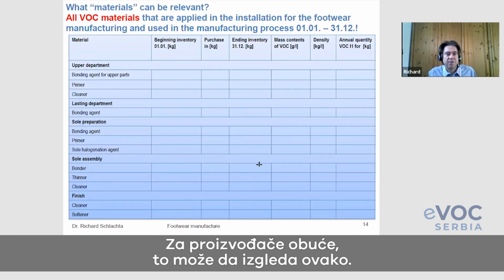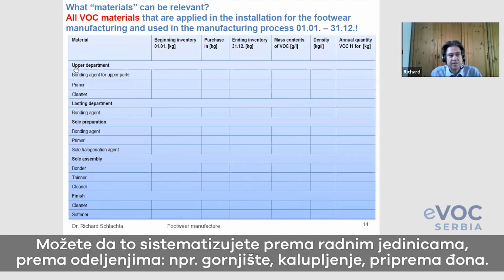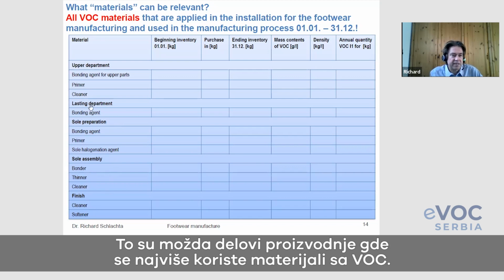So for the footwear manufacturers, how can this look? For example, you can make it more systematic. You do it by the different departments, because those are the working units in a shoe factory. So you have the upper department, you have a lasting department, sole preparation, and the sole assembly. Those are maybe the most prominent